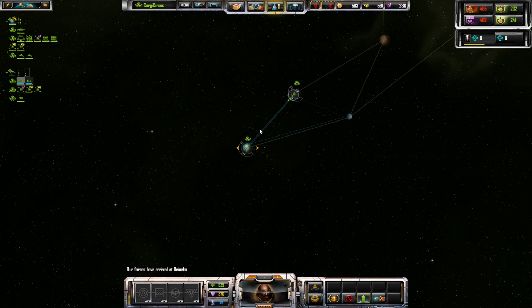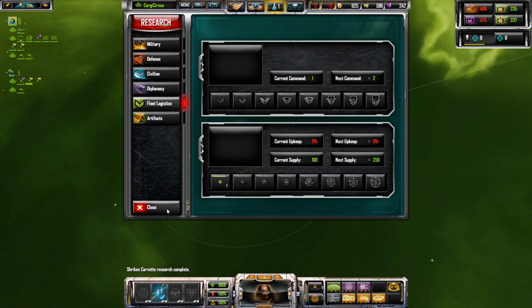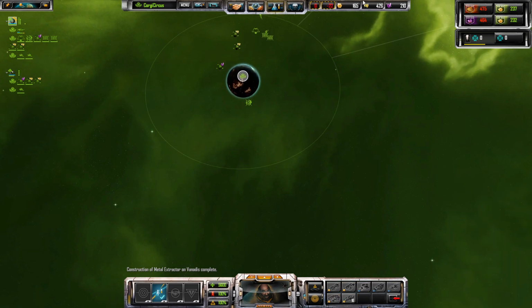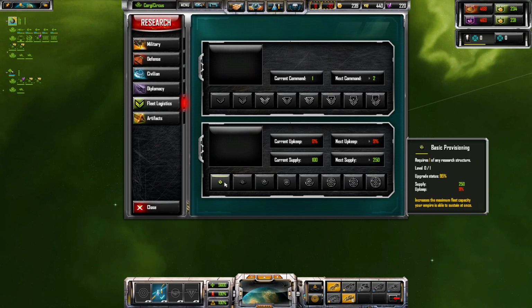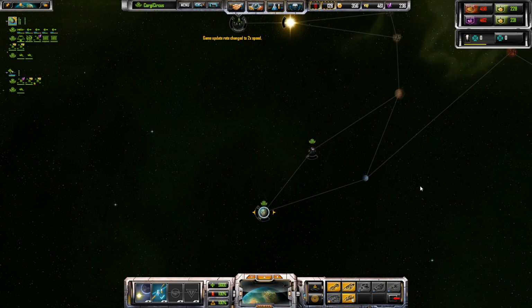By the way, here comes everybody. Now, the research, have we finished this? No, not quite. I want to get an even number of 16 Corvettes, and they should start building yet? No? Still working on this? Here, let's go ahead and speed up time a little bit by pressing the plus button, level 2,